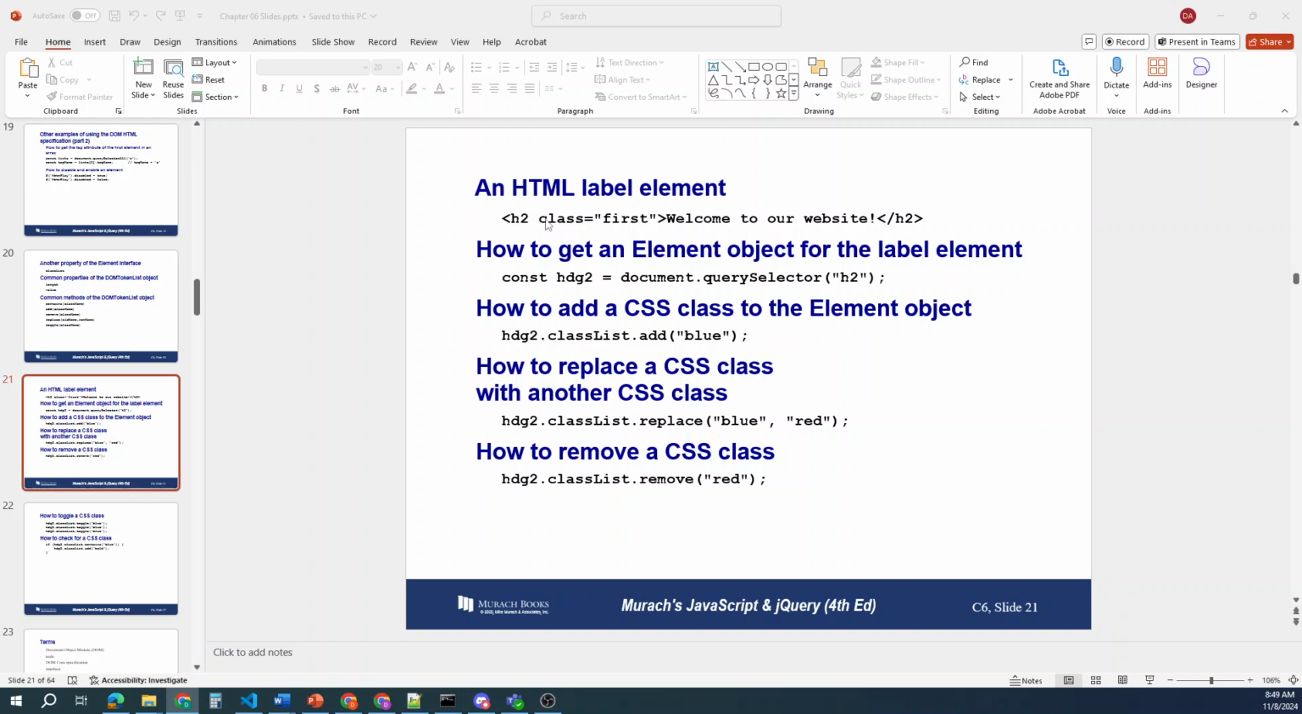So an HTML label element, there's an H2. This has a CSS class called first. Welcome to our website. How to get an element object for the label element. So they do heading 2, document query selector, go find the H2, which is here. Heading 2, class list, add blue. So whatever is in this class, we have first here. Now they're saying add blue to it. So we would see class first and blue then,